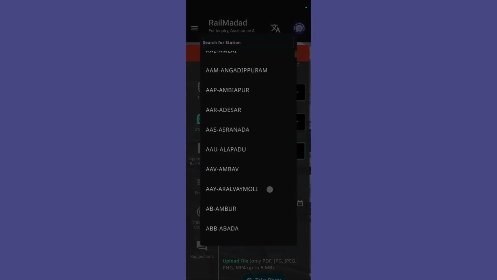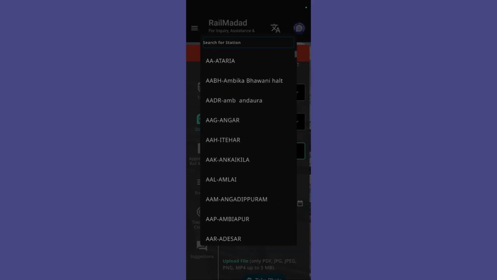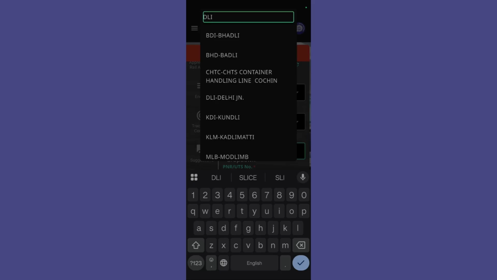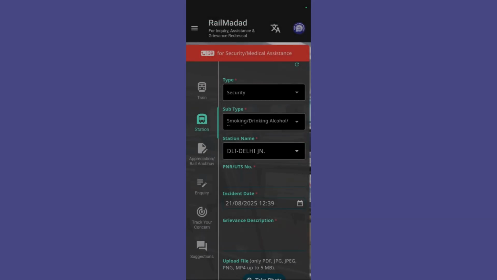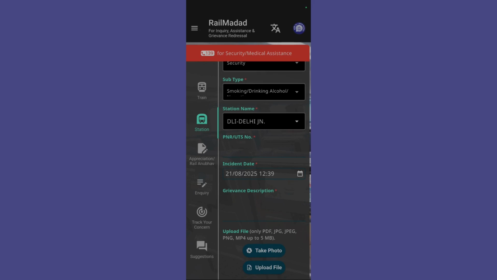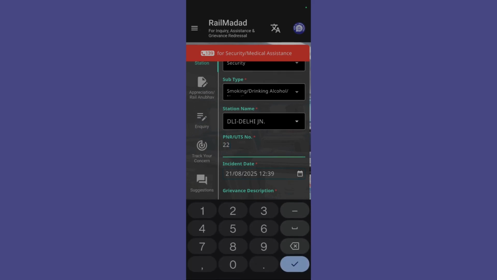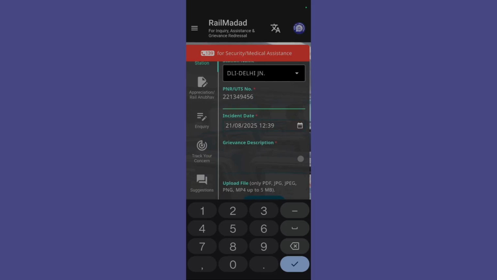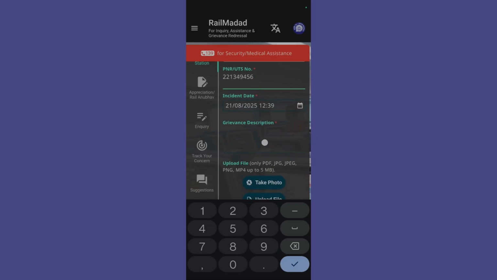select the station name. From this particular list you can select the station name, or you can also search for the station name and station code as well. For example, let's say I have chosen the station name, then you will have to type in your PNR number as well, and after typing in the PNR number you will have to acknowledge the incident date and the time when you saw the particular thing or it happened with you, and then you will need to type